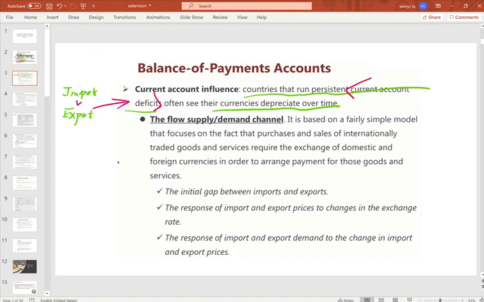You need to pay foreign currency for your import. So the demand for your domestic currency is going down, and the demand for the foreign currency is going up. So that's why it is causing the currency, current account deficit,